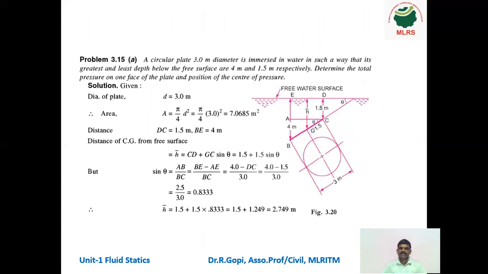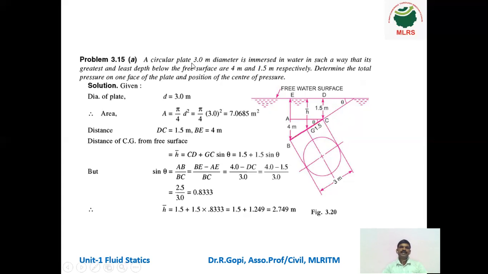In the previous case, it was a rectangular section. Now in this problem, it is a circular section. What is the difference between the previous sum and this sum? In the previous sum the angle was given, that means 30 degrees, but here the angle is not given. We have to find the angle. I'll read the question.